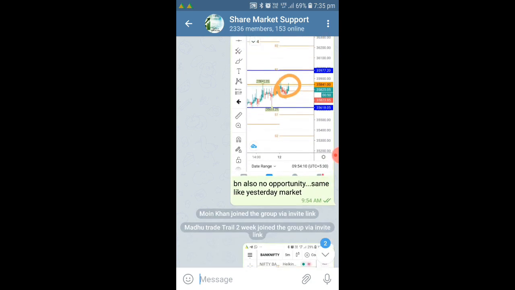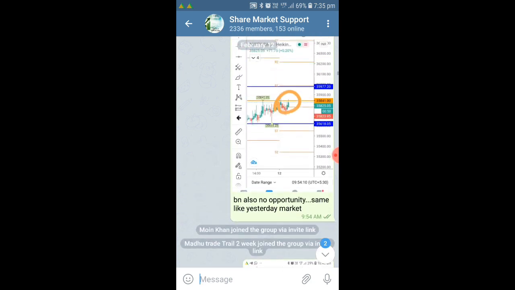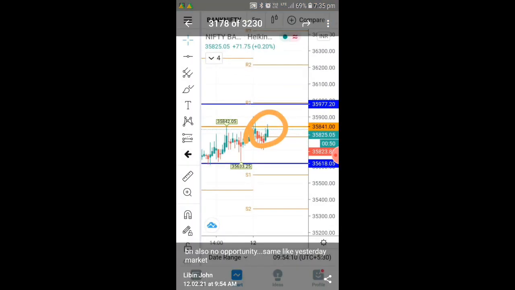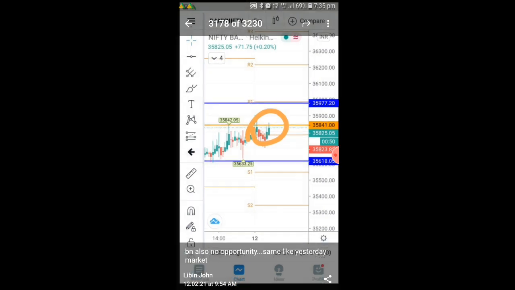In the same way you can see Bank Nifty, because there was no opportunity, it was nearby the resistance area. So resistance and support is very important whenever you do intraday trading. Without resistance and support, don't take a position. Most people take an entry only because of the candle. But you have to see where the candle is forming. Sometimes the candle will be just below the resistance line, and you will take an entry and definitely you will get a loss. So always support and resistance is very important in Bank Nifty analysis.